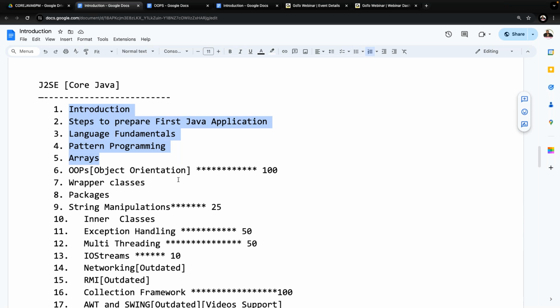At one particular point of time, fundamentals are going to be completed. When fundamentals are completed, then I'll start advanced Java classes. In full stack Java, parallel to core Java, I'm going to start advanced Java. Java is huge, but if you want to complete it on time, we have to do 2